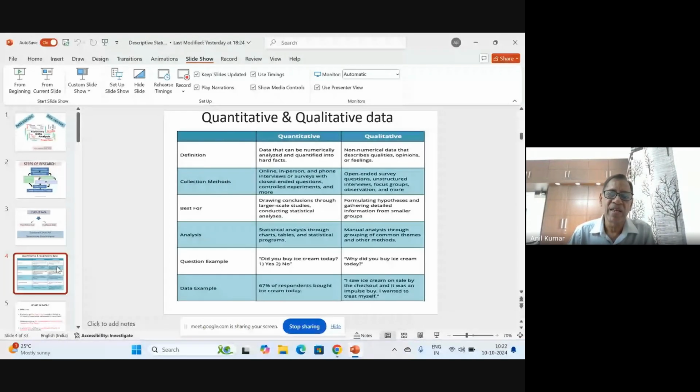Data that can be numerically analyzed and quantified into hard facts comes under the category of quantitative data, and non-numeric data that describes qualities, opinions, or feelings is qualitative. For example, if I say good, bad, shining, not shining, very good, all these are qualitative descriptions of the data. And when we are in quantitative data, we mean numeric values are there: good, to what extent